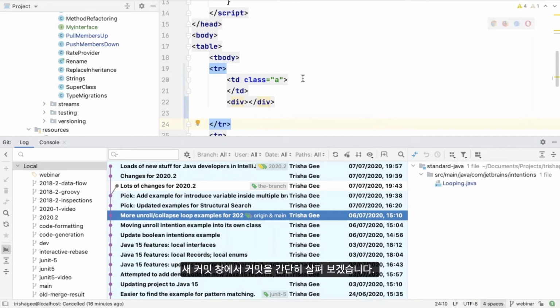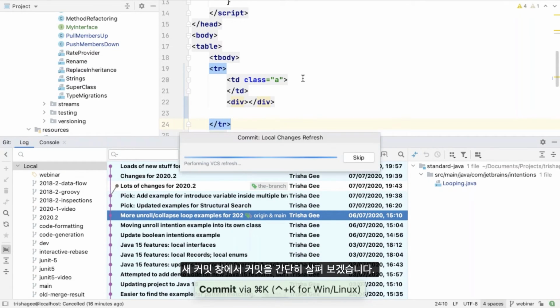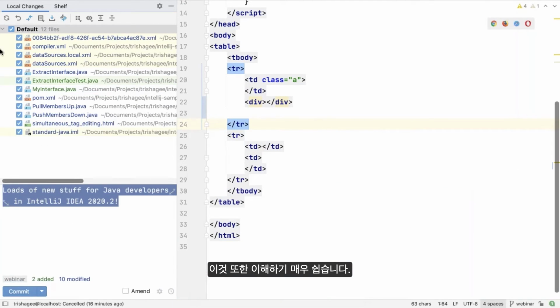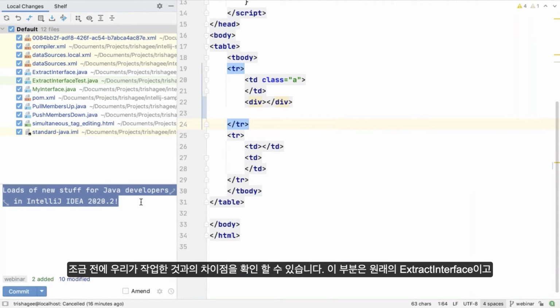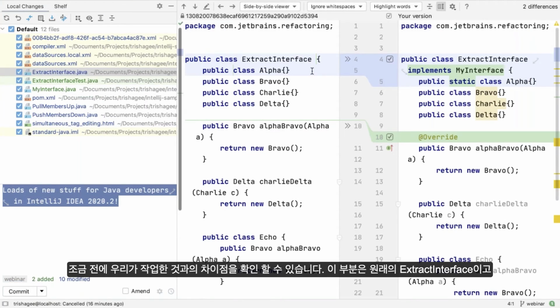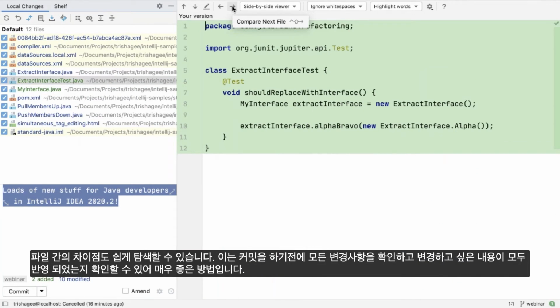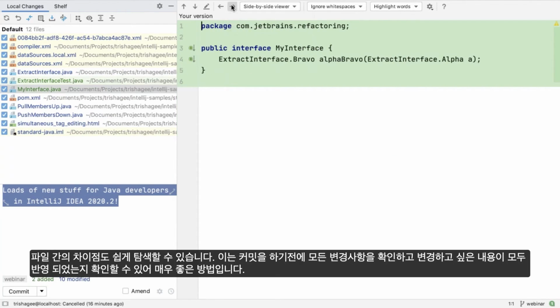Let's have a quick look at the new commit window, because this is useful to understand as well. I can see the diff between, we've just seen what I did here. This was the old extractor interface. These are the changes that I made, so I can see that really easily. I can navigate easily between the files. It's a really good idea before you commit something to check all those changes and make sure that everything that you want to go